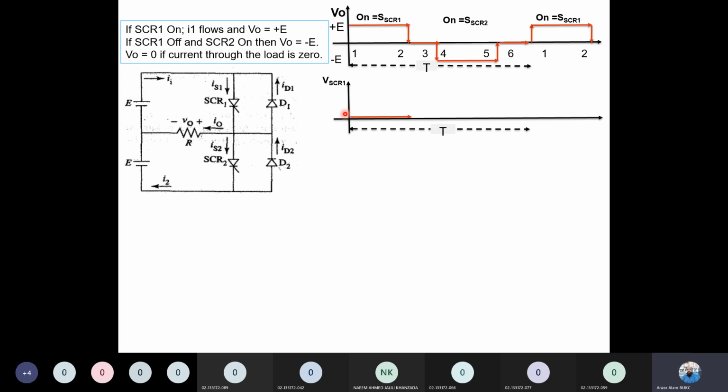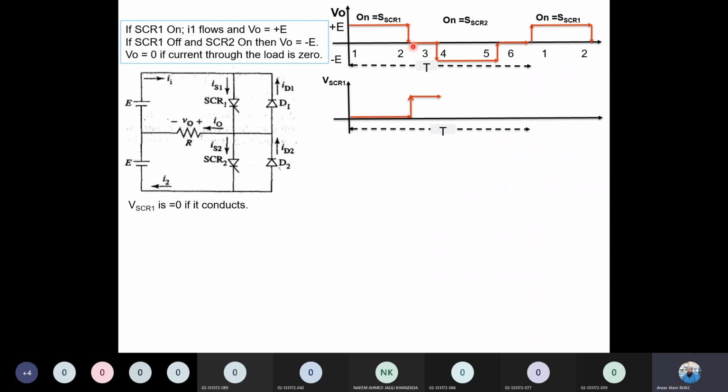SCR1 के क्रॉस वोल्टेज कितने हैं? जब ये SCR1 यहाँ पर ऑन था, तो इसके क्रॉस वोल्टेज कितने आएंगे? 0 आएंगे। That's why the voltage is 0। So the fact is voltage across the SCR1 is 0 if it conducts। ये conduct कर रहा है, voltage 0 होगा। That's simple। We are not understanding very hi-fi scientific things। It's just simple।